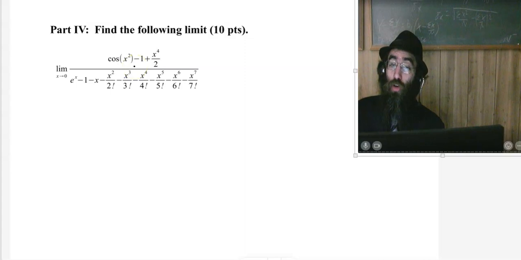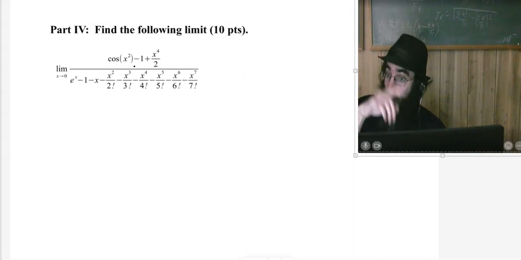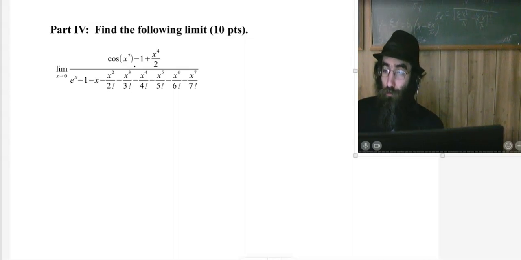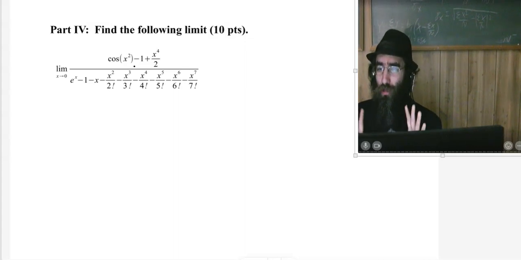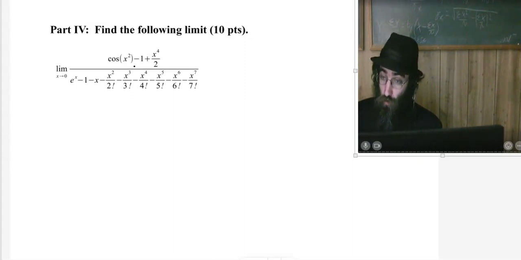So you have 2x times negative sine x squared. Now you've got a product rule to do a 7th derivative of. And you're going to keep getting more powers of x on some of those. If you did 2 rounds of L'Hopital's rule and then gave up, you would have gotten 5 out of the 10 points. Meanwhile, since we know a thing or two about Taylor series, at least we hope to,